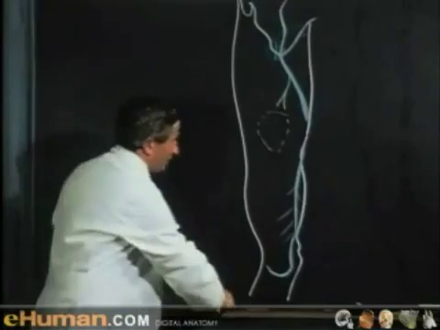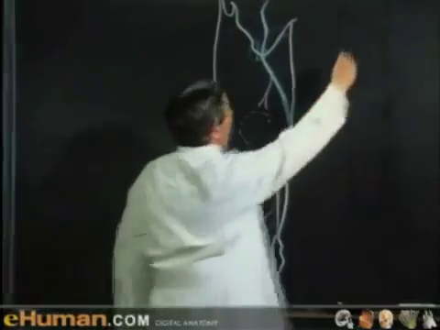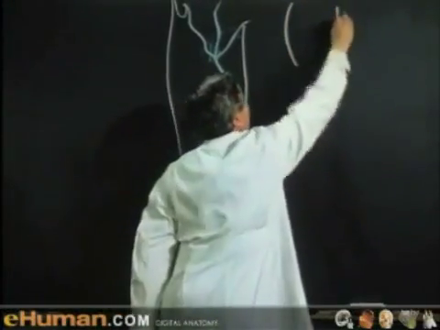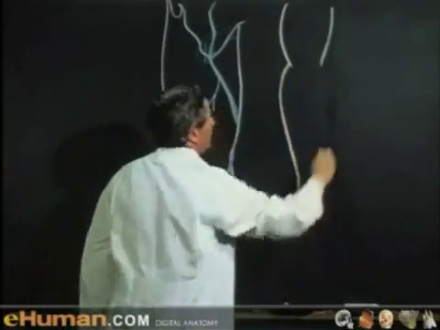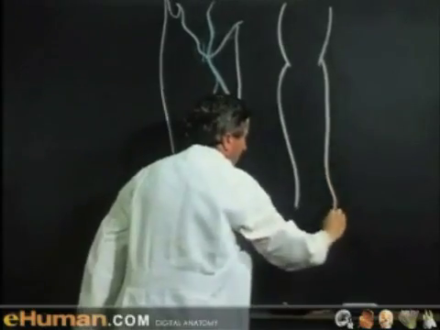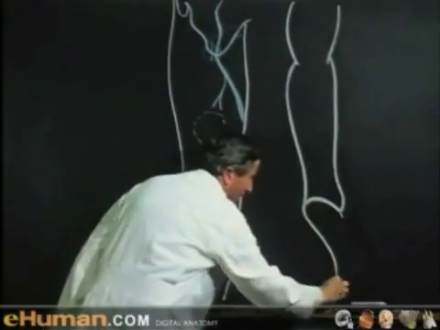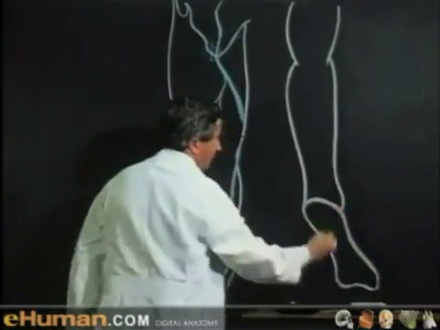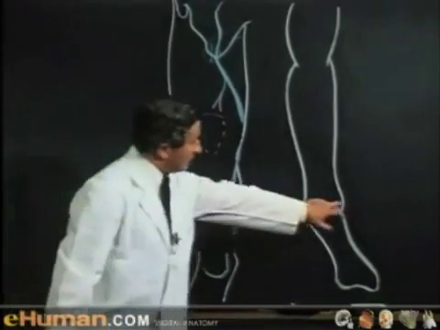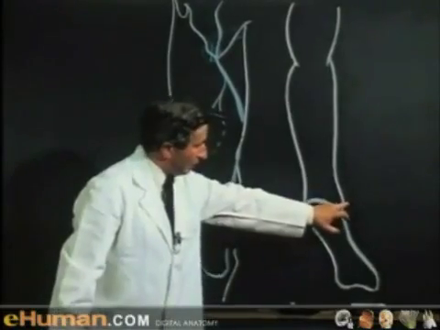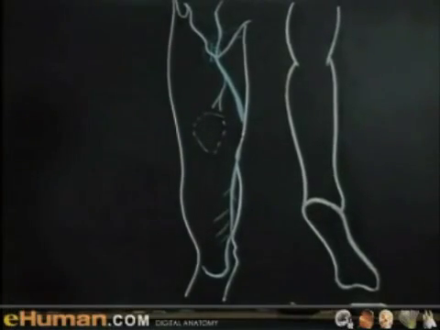Now, if we pass over to a picture on this side, we'll look at the back of the leg. We indicate the position of the back of the thigh coming down into the popliteal space. Then we'll indicate the position of the calf and the lateral malleolus, and then we'll show here the heel and the sole of the foot in that manner. So this is the lateral side of the leg. We've turned the leg round. So this is the lateral malleolus. Now, passing up